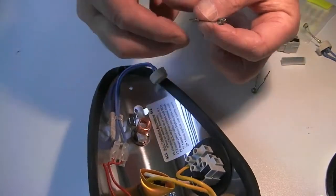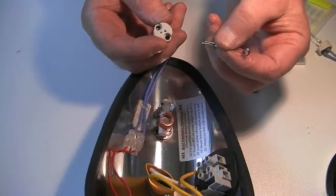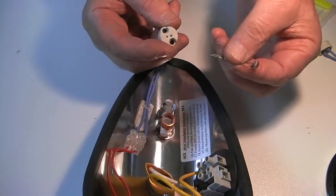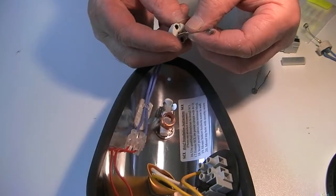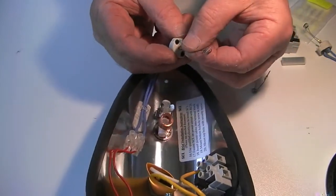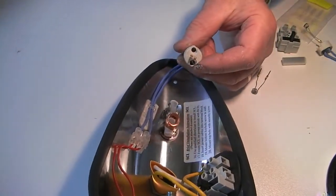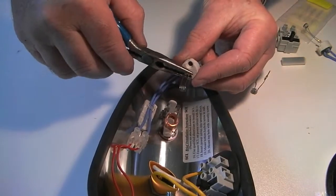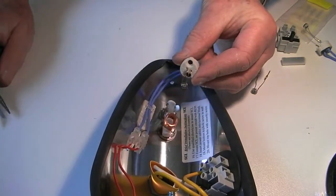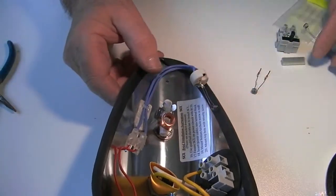Now, to replace the element, it's a simple procedure again. Reverse what you did, hold the element in one hand, insert the gold pins into the holes in the ceramic holder, and push all the way home. If you have difficulty getting them all the way down, use a small pair of long nose pliers, grasp the gold pins, and push until they're all the way down, seated to the bottom. I'll show you how this is done